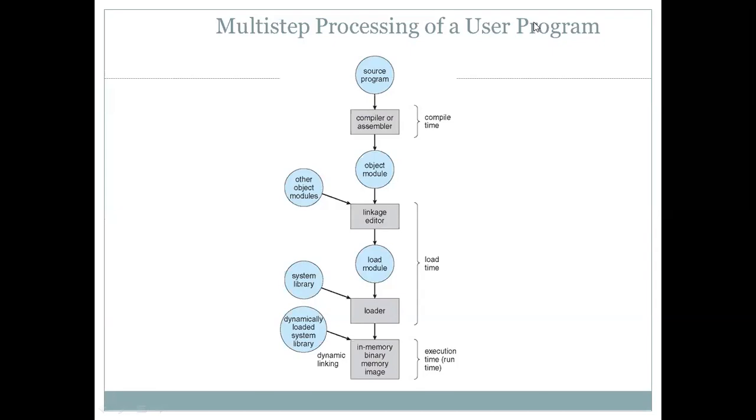This loading may be dynamic, not static. Means if you consider your C program, say a1.c, that is the source program. The compiler will produce the a1.obj object file, that is the object module, along with other object modules. If any other reusable components or functions are there, you have to add them at the linkage editor. The linkage editor, or linker, links the files and loads the entire object module to the loader with the help of the system library. Then the loader will load the object file dynamically.